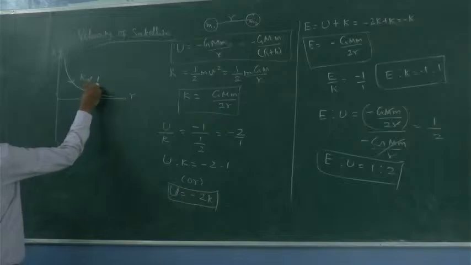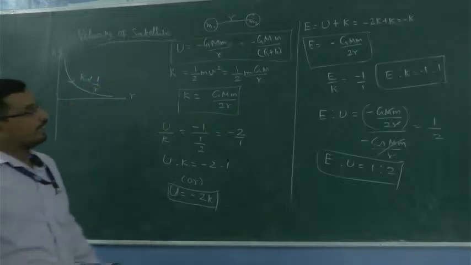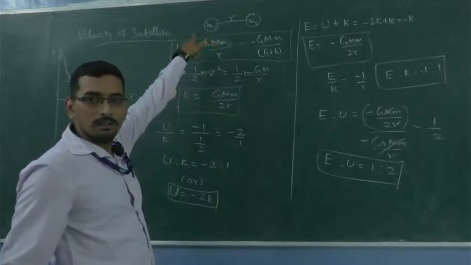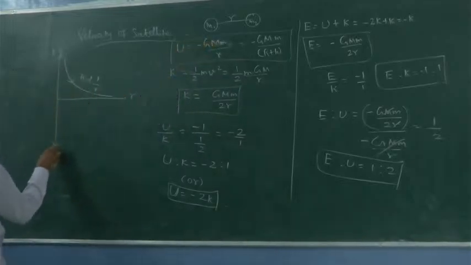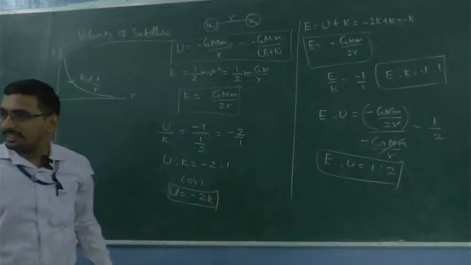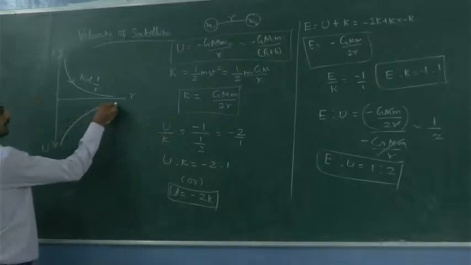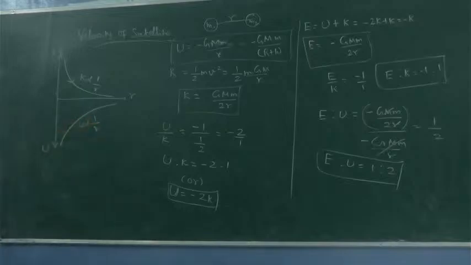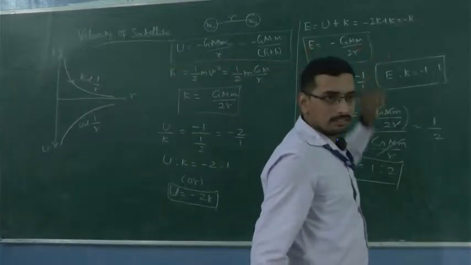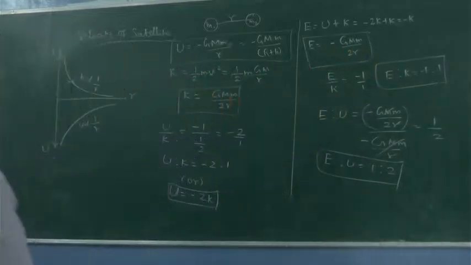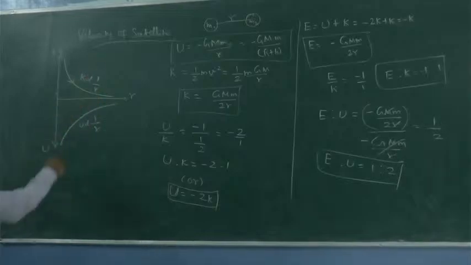Since K and r are inversely proportional, as r value increases, the kinetic energy K value decreases. Next we need the variation of potential energy and r. Potential energy in the formula has a minus sign, so it lies on the negative axis. Again U and r are inversely proportional. The potential energy graph will come in this manner. Then total energy and distance r. Again it is inversely proportional, and it is negative. So this is the graph for